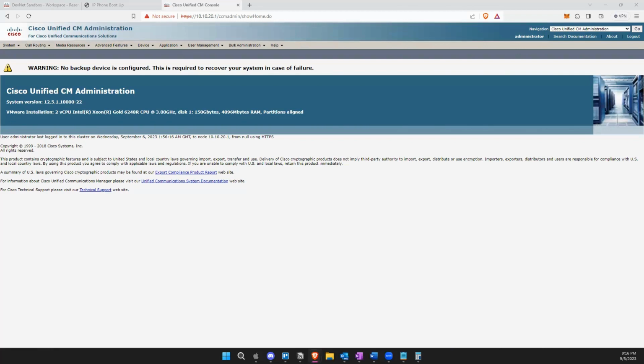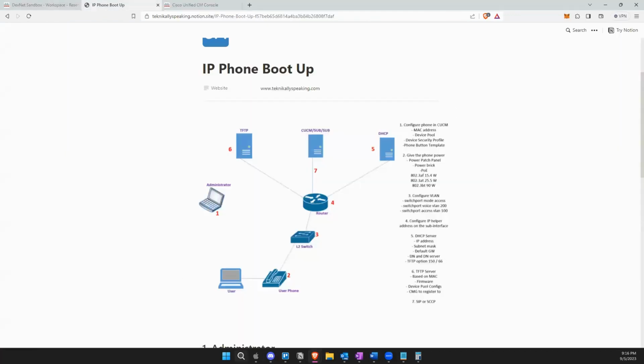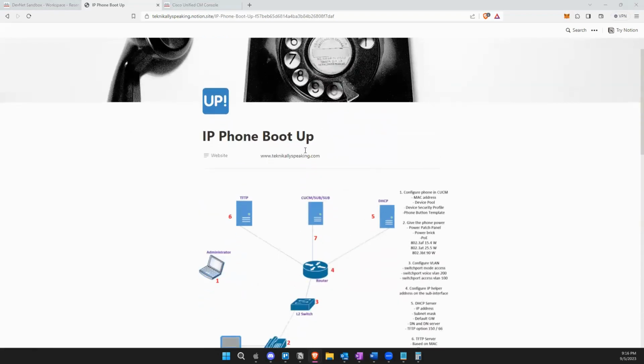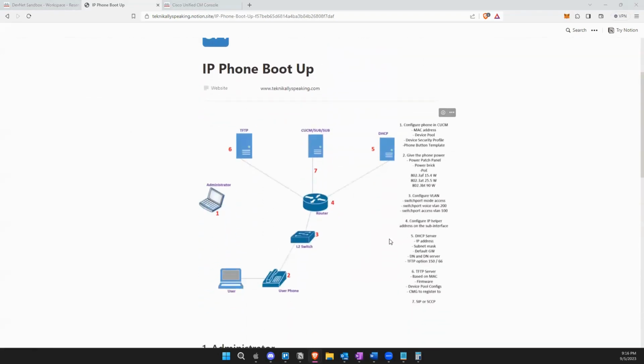All right. So tonight we are really just learning how to add a device in Call Manager from new. Basically going through what we call the IP phone boot up process. Let me bring it up here. Okay. So basically, like I said, IP phone boot up, it's just when we decide to add a phone into